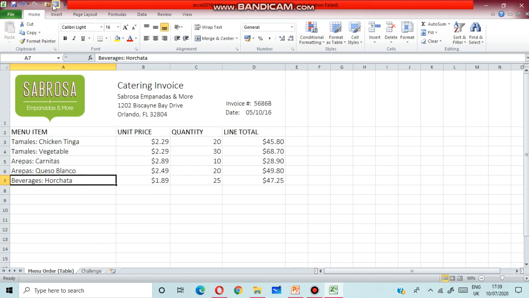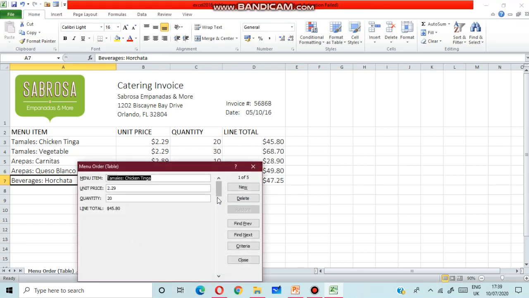Now see, if you want to add a new record, here you can add menu item. You can write here paneer. Then price 150 rupees.